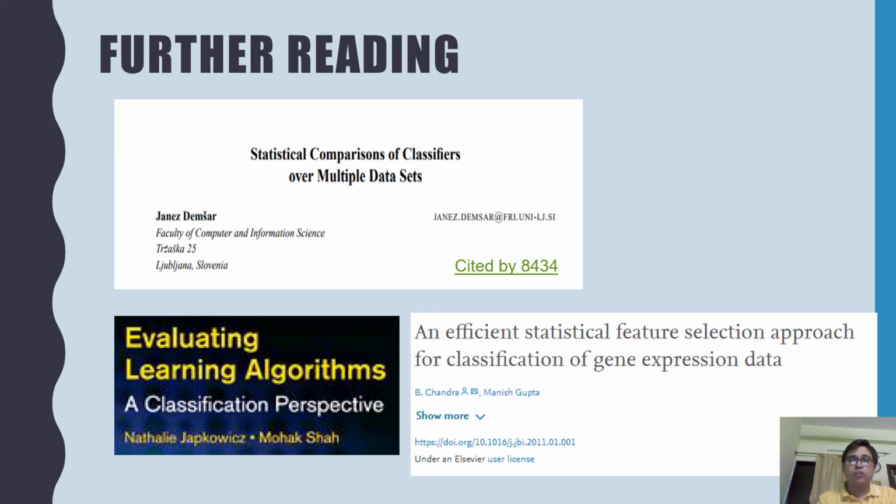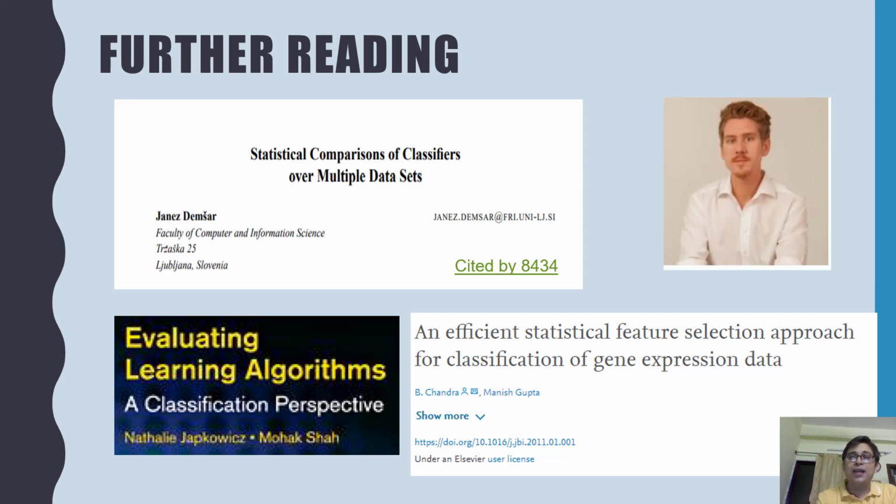And also I will point your attention to Efficient Statistical Feature Selection Approach, a recent paper where the t-test has been used. I told you that it is used a lot in bioinformatics data, so this is one such example. And finally, I will also draw your attention to Sebastian's blogs. He writes beautiful blogs on different topics.